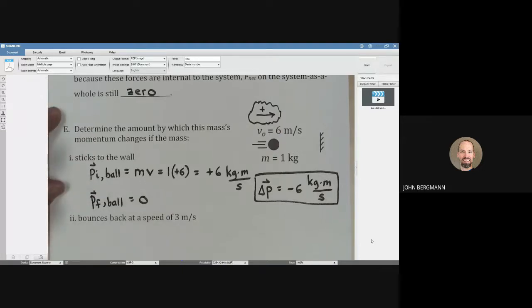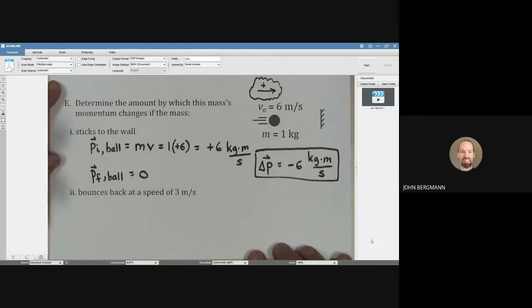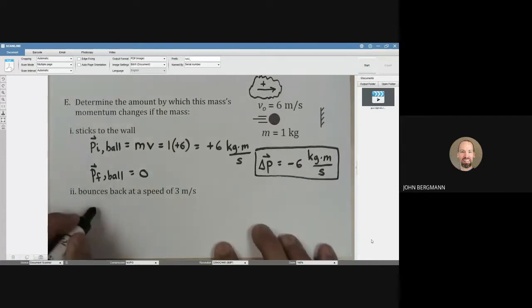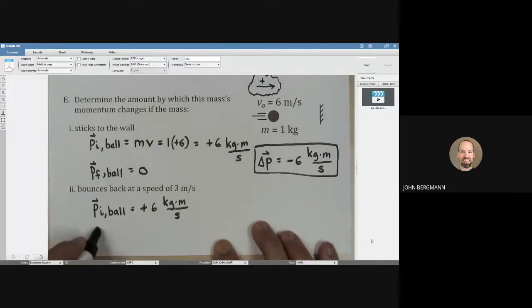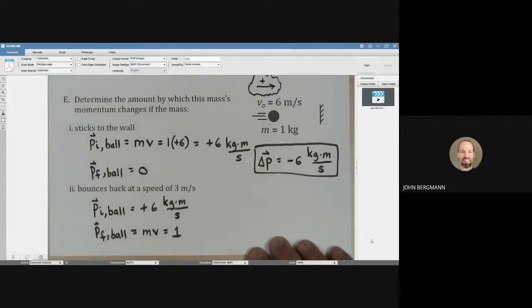Now, suppose that the ball bounces back at 3 meters per second. Well, initially, the momentum of the ball is still the same, positive 6 kilogram meters per second. But at the end, the momentum of the ball is mass times velocity, so that's 1 kilogram. And what's its velocity when it bounces back? When it bounces back, it's going to the left, which means it will have a velocity of negative 3 meters per second, which means,